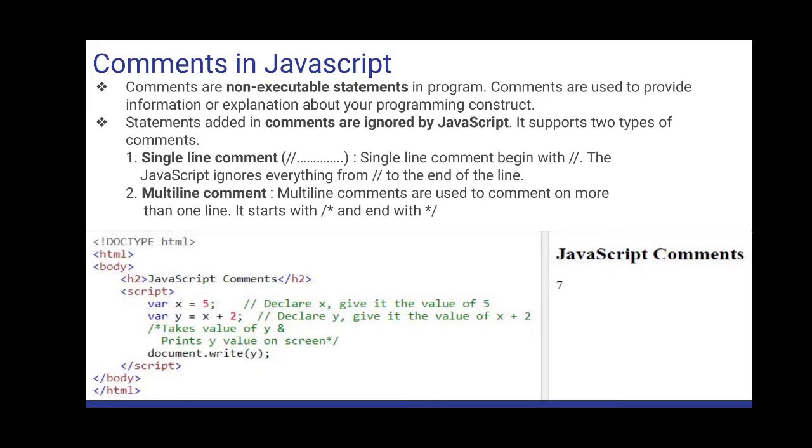Next, comments. So what exactly is a comment? What do you think? What is a comment? These comments are generally non-executable statements in a program. Meaning those are not considered as instructions by the engine. These comments are generally used to provide information or explanation about your programming construction. As I have earlier told, these comments are not treated as part of your program. It is simply to make the programmer understand what exactly your instruction is doing for this particular line.